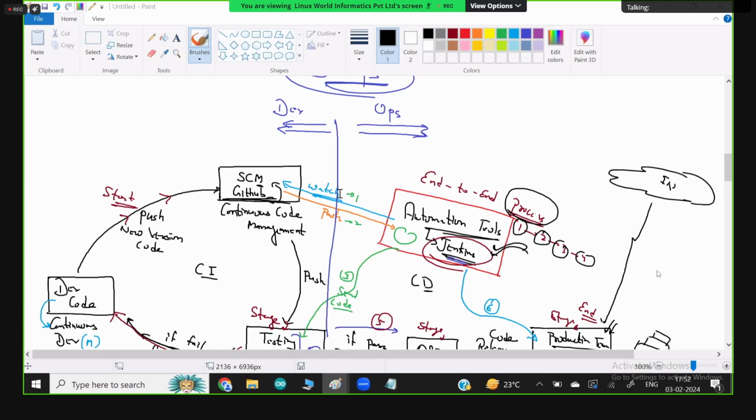Yes, Prashant, CI/CD is a part of SDLC. So in the SDLC, the software development life cycle,